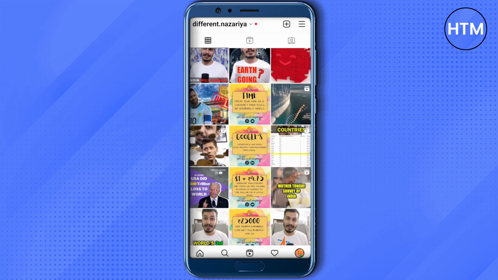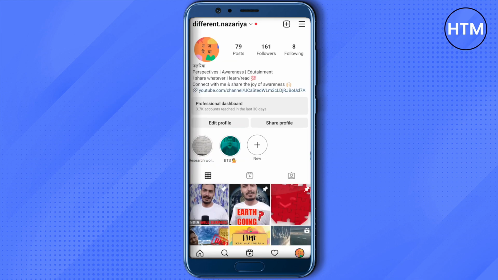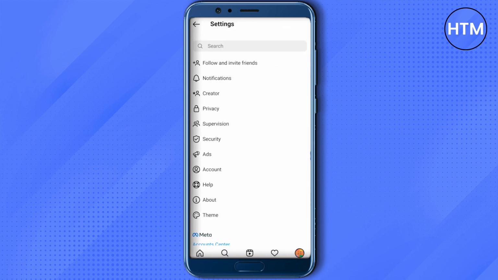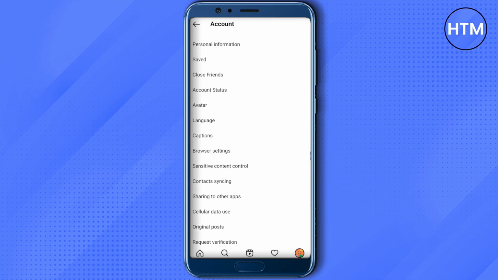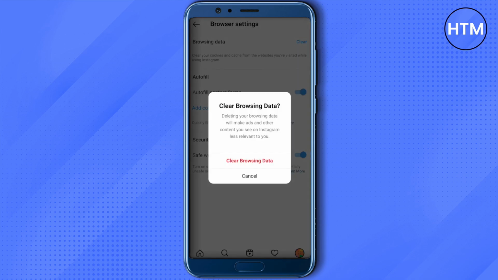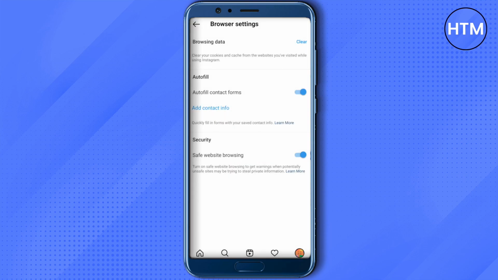highlights not loading. So for that you need to open up your profile, and after that click on the three lines on the top right, then go to your settings, and in your settings click on account. After that click on browser settings, and here you will be able to see this option of clear right beside browsing data option. Just click on it and clear your browsing data, and after that you need to open up